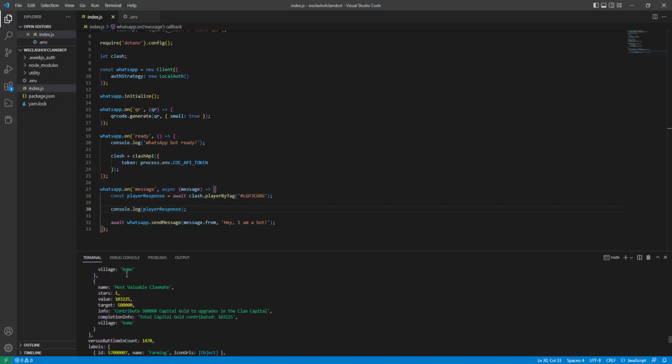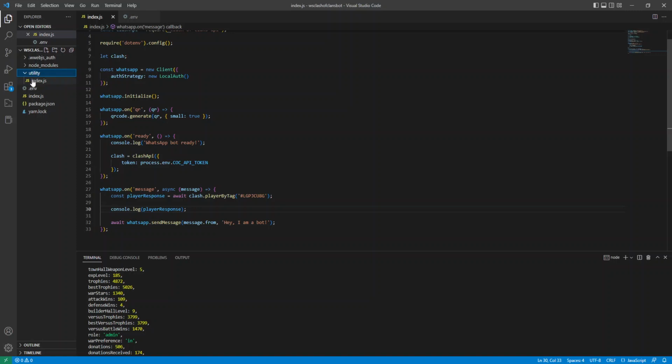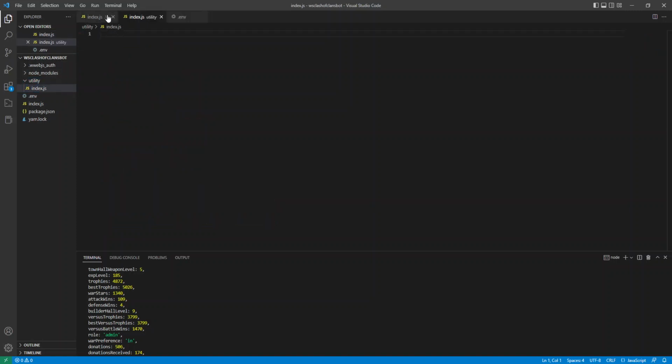It's brought in the players' heroes, their skills and achievements, and their soldiers, and also their stats, right? Like the name, the town hall level, the weapon level, that kind of stuff. So that's just an example of setting up the Clash of Clans API. Now that we've set that up, let's go ahead and finish up with our helper functions that are going to help us out. So if we go to utility and index.js for utility, let's start creating the functions we need here